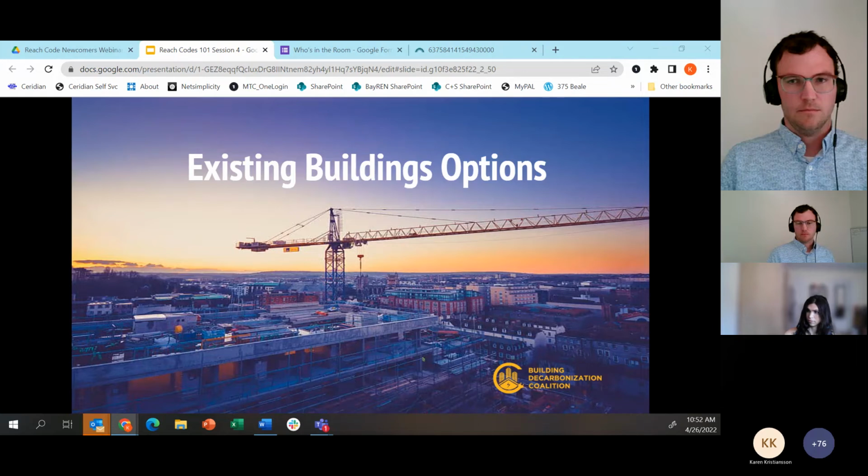And now we get to turn to the even more fuzzy area. Hopefully we can have some fun discussing this as well. So the portion of my presentation, again, I'm Amy Ryder with the Building Decarbonization Coalition, and I get to talk about existing building options.